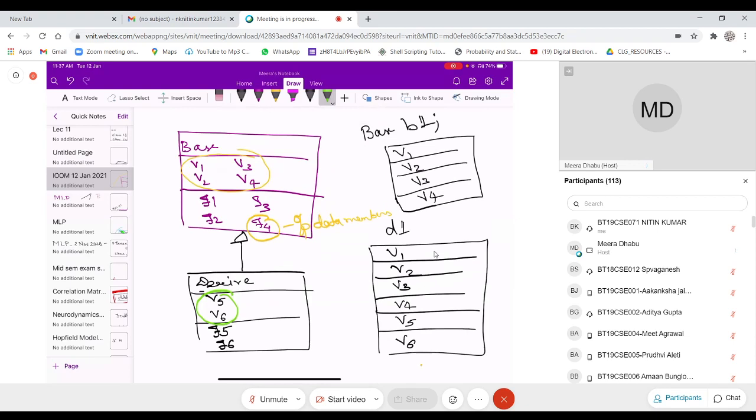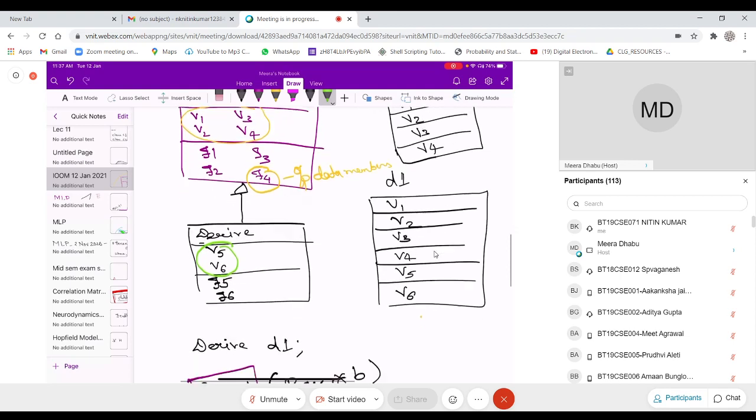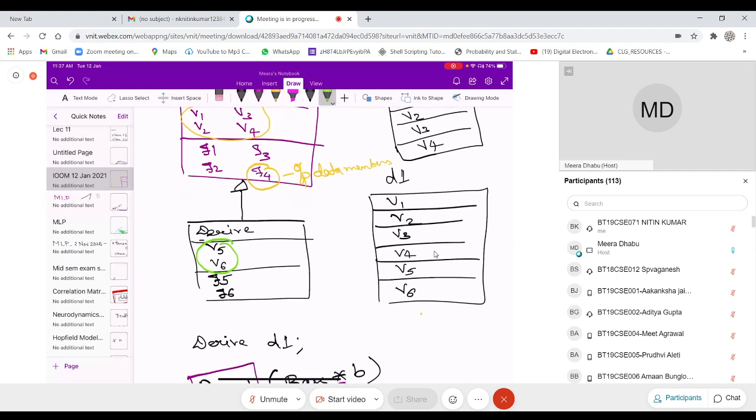So if you look at the code of F4, it might be the case that the function F4 was outputting the values of V1, V2, V3, V4. But now in the derived class, you want to print all the data members. So in that case, I will redefine this function f4 in the derived class. This is again, oh, it is overloading.